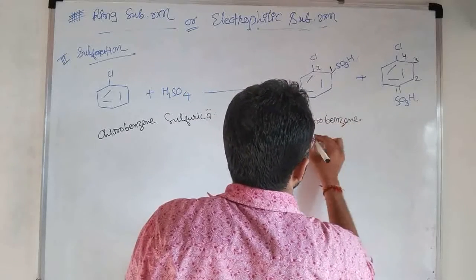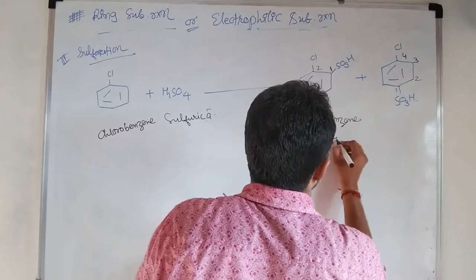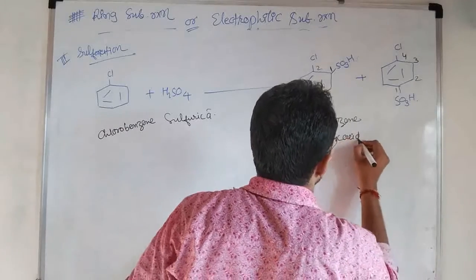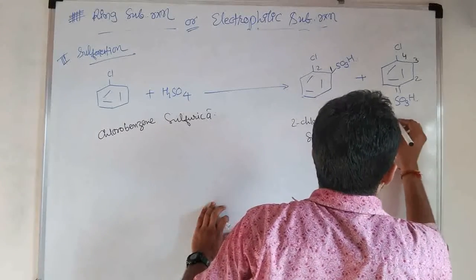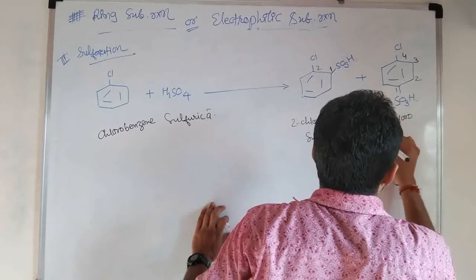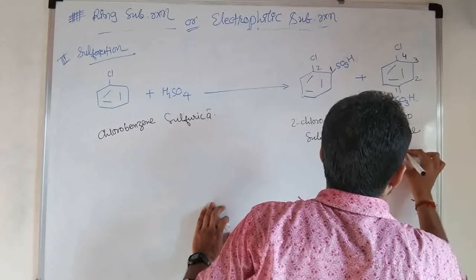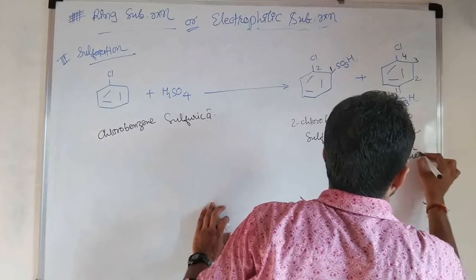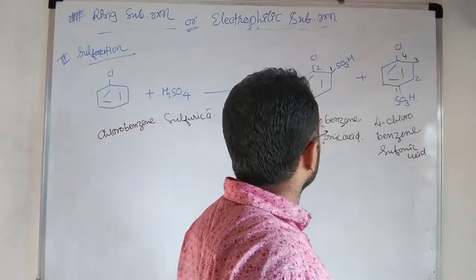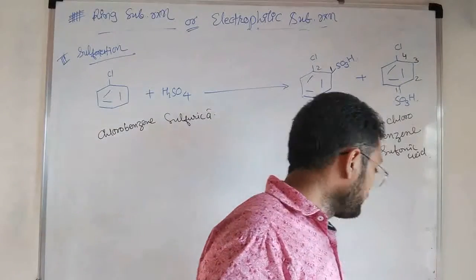2-chlorobenzenesulfonic acid, and here 4-chlorobenzenesulfonic acid, okay. Now here, same way,